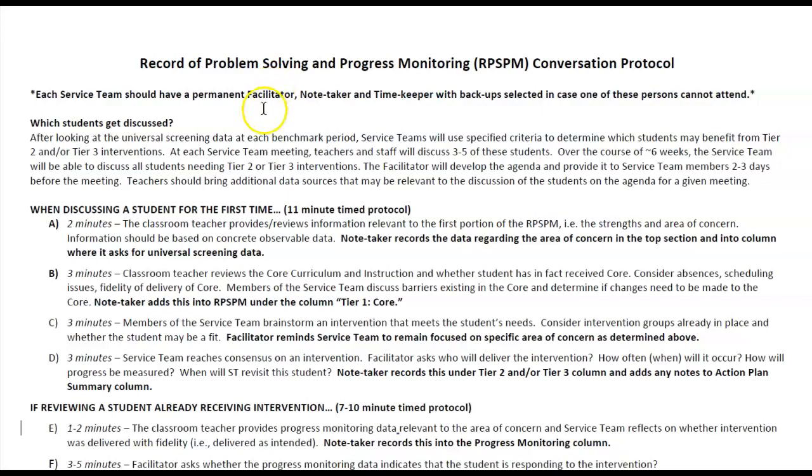What you see here is this protocol breaks up how teachers can discuss the students in a service team meeting or a grade level team meeting. There's always a facilitator that will develop the agenda and let us know which students we're going to talk about, and the teacher should bring additional data to make sure that we can complete all the information that is in the upcoming page. When discussing a student, we want to be able to make sure that we are ready to